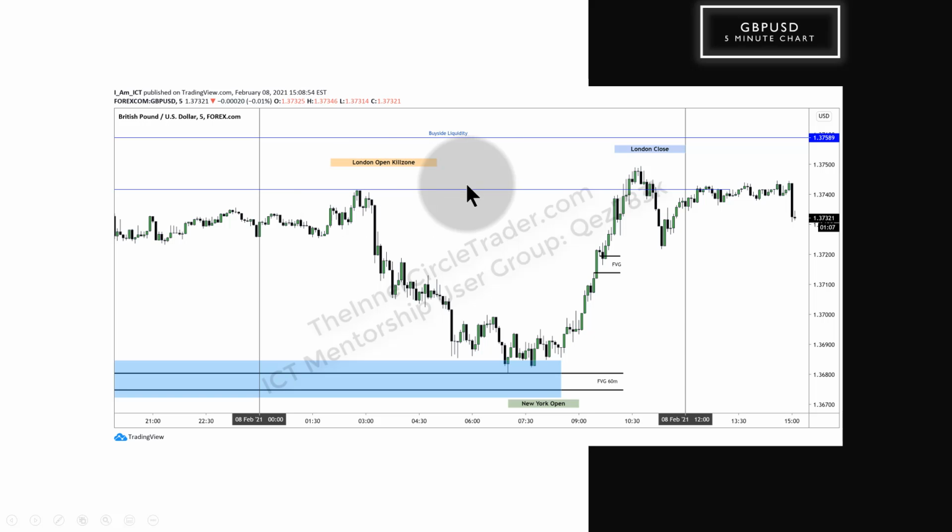Now we do have a buy side liquidity pool residing here, which is what I mentioned in the weekend commentary. So it's shown on the 60-minute chart of Sunday's commentary. Okay, so that's what's being annotated here. And you can see we had a little bit of a decline here, and it's just going sideways. I'm still favoring cable going higher, and hopefully we'll see a more significant run above those 60-minute relative equal highs.